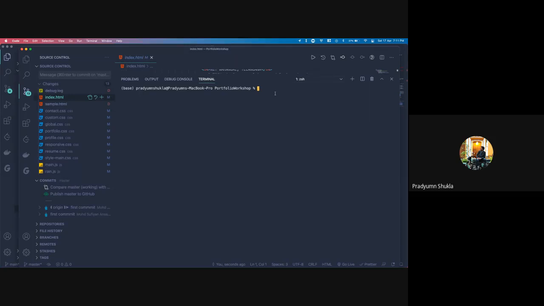So first one was creating a branch, and the second one is merging a branch. Once you create a branch, any commit you do will be on that branch specifically, nowhere else. And then when you merge the branches, both the branches will be merged.